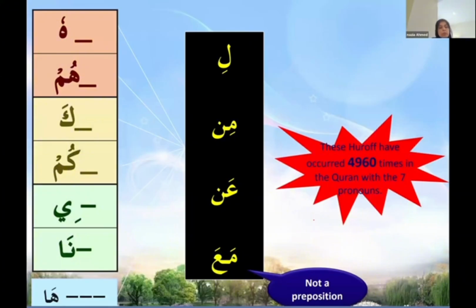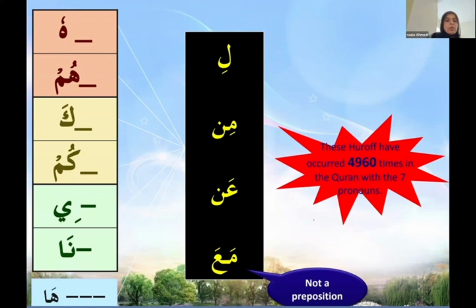Now, here we go. On the right side, you have members of the letter family, the prepositions. And on the left side, you have the list of attached pronouns. As you know, when we attach them with the verb, these attached pronouns appear as suffixes. Now they're going to appear as suffixes again, but now we're going to attach them with the members of the